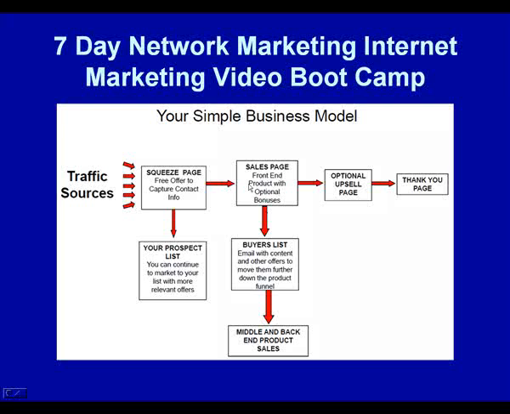After the squeeze page, your prospect will be sent to a sales page with front-end products with optional bonuses. If they purchase, they get put on a buyer's list, and the emails sent out from a buyer's list will have content and other offers to move them further down the product funnel. And eventually that also moves them down to the middle and back end product sales,